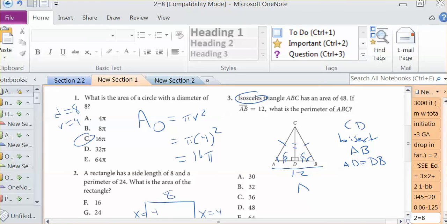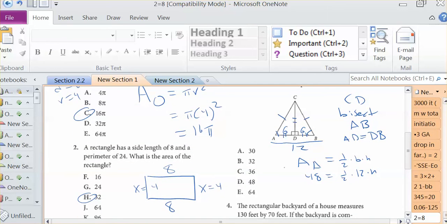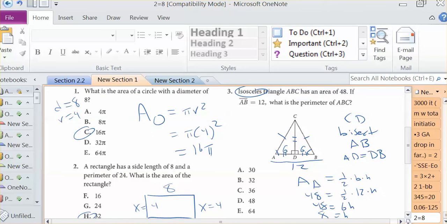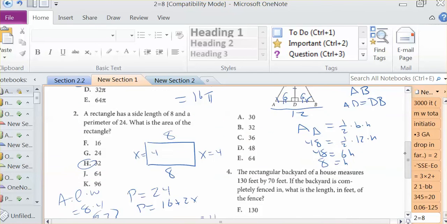Now, area of a triangle is 1/2 times base times height. 48 equals 1/2 times 12 times your height, because I'm letting AB be my base. So 6h equals 48, the height is 8. Now why did I do that? Because in order to get perimeter I need to know what all the sides are, so I'm still missing sides AC and BC, which I know are the same. But now I know the height, which is DC,